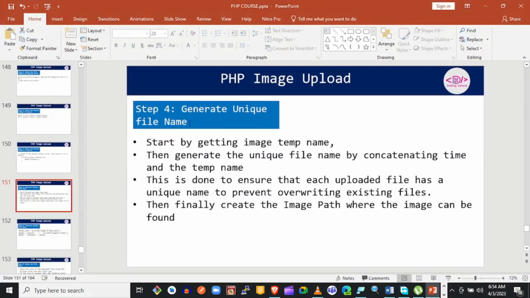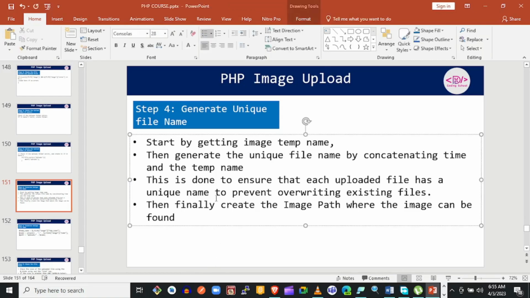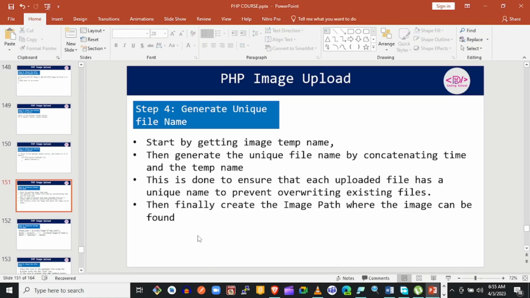So the next step is generating a unique file name. You can imagine a scenario whereby you have uploaded an image called JB. It has a file name called JB. If you save that image in the uploads folder for the first time, and then try again, you know very well how the file works. If it has the same file name, it will replace the existing file,